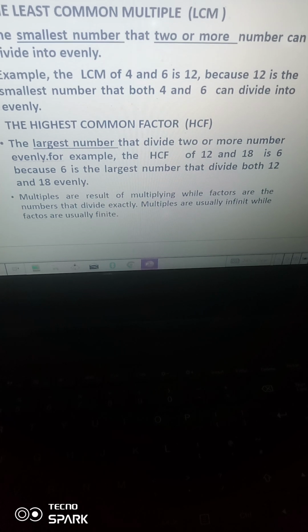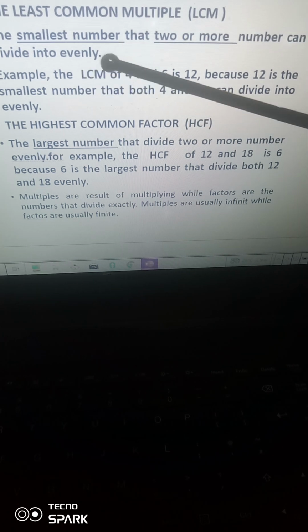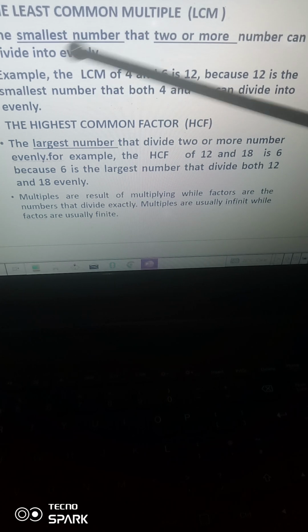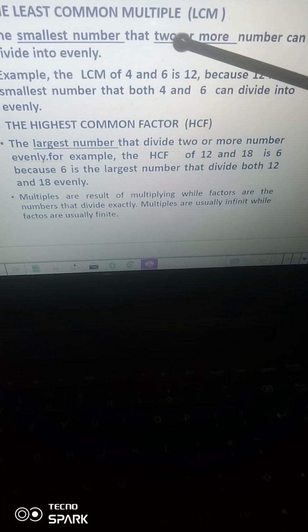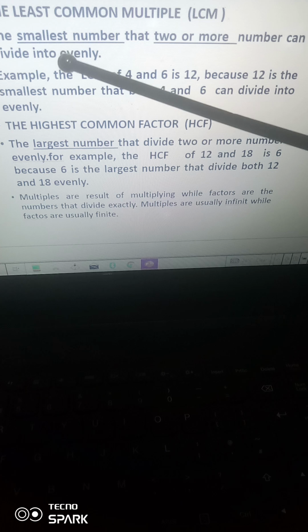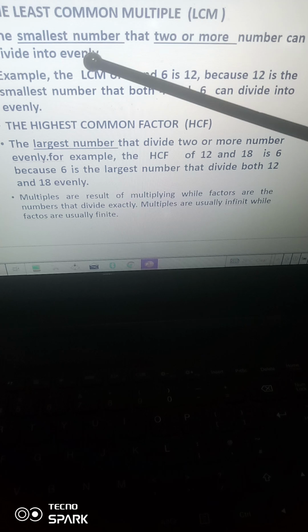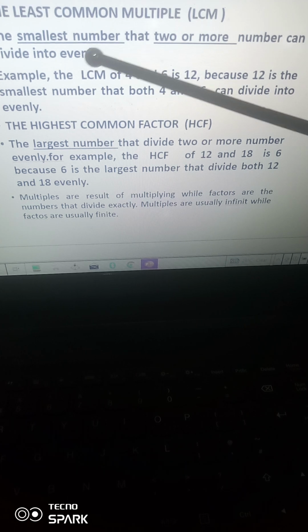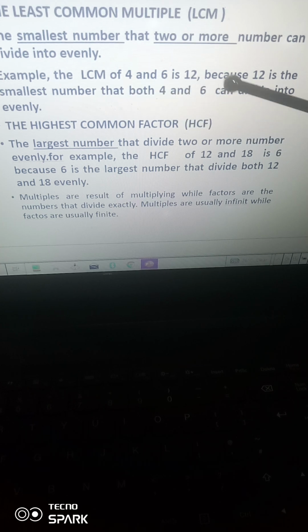Now the least common multiple, otherwise known as the least common denominator, is the smallest number that two or more numbers can divide into evenly. The smallest number is underlined. The smallest number that two or more numbers can divide into evenly. By divide into evenly, I mean divide into exactly without what? Remainder. Example, the LCM of 4 and 6 is 12 because